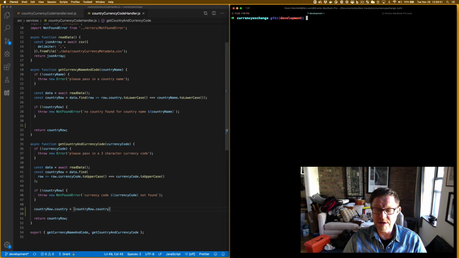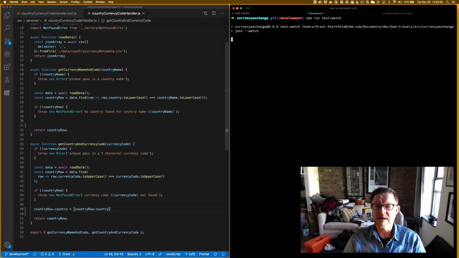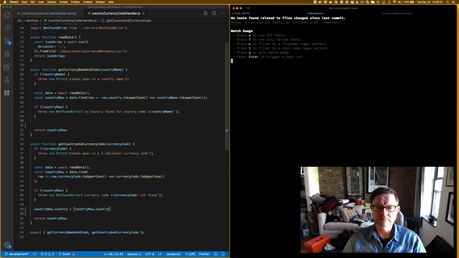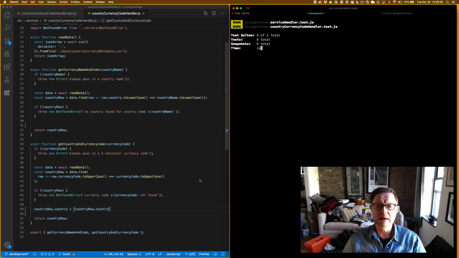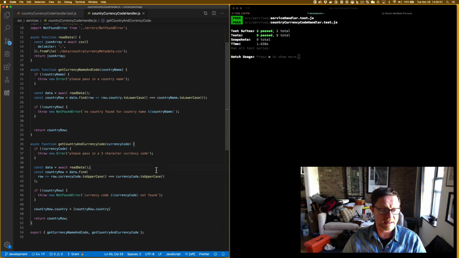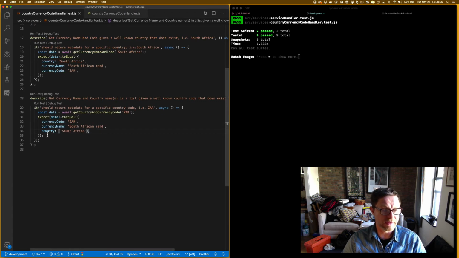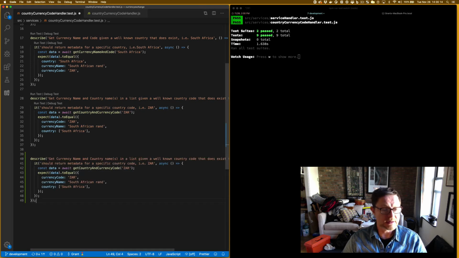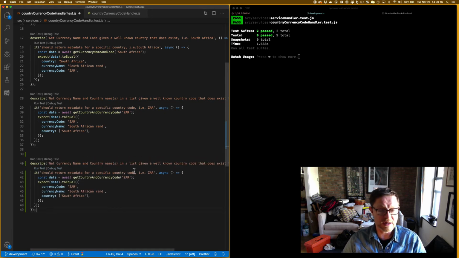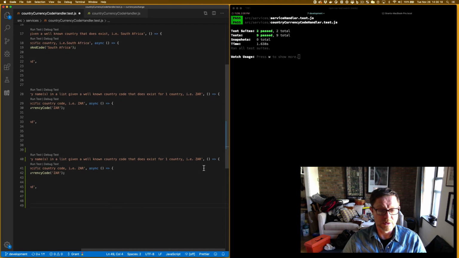So we'll clear this window. We'll start up our test runner. And we press A, all tests are passing. So now we're going to go ahead and create another test to handle the feature request where we noticed errors because a certain country code,